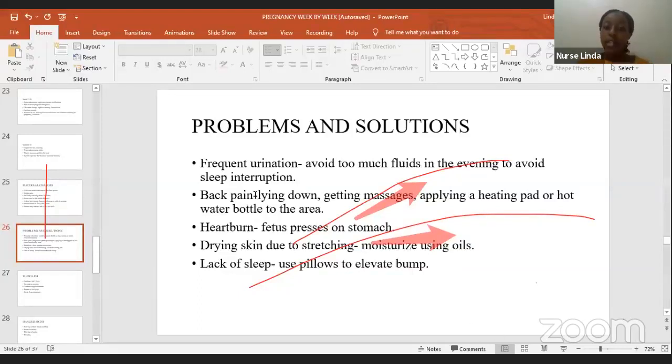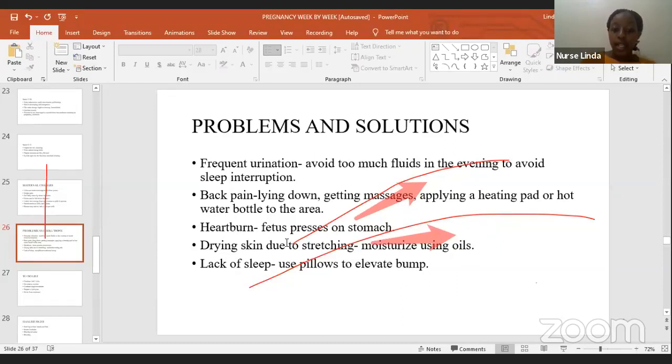They may also experience back pain, and this is because of the hormone progesterone that we said relaxes the body's muscles. So when a part of the backbone is relaxed, they might experience back pain. And now we also have the pressure being applied by the fetus. Massages can be done for them, and then they can also apply something warm to the back to relieve the pain. They can also watch their sitting positions and their sleeping positions as well.